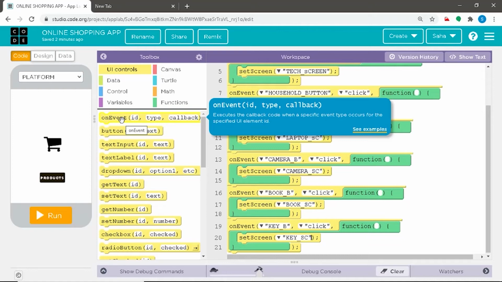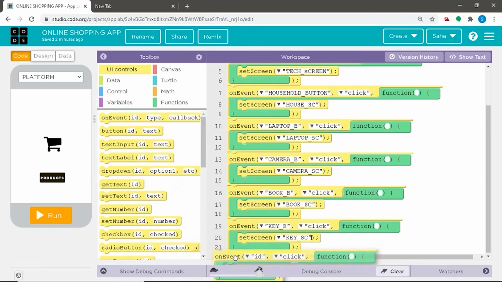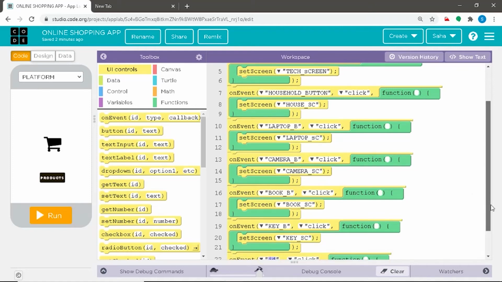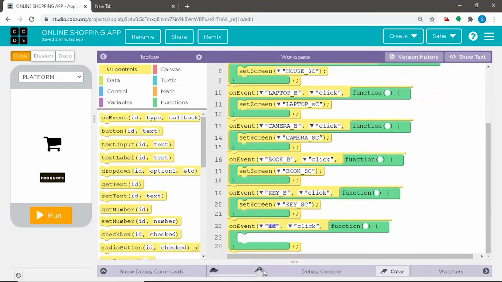So as you can see, we'll again drag the on events button into our code, and our code is obviously getting lengthy because it is an online shopping app. Now this is the time where you have to actually make a note down of these back buttons, which we have named them during different IDs, or even just recall the numbers so that you can easily get back to the screens which on clicking them happens.